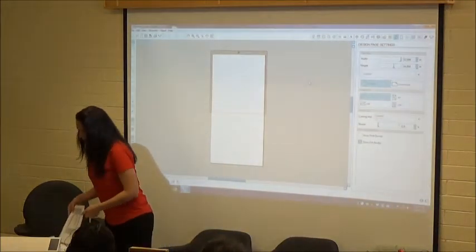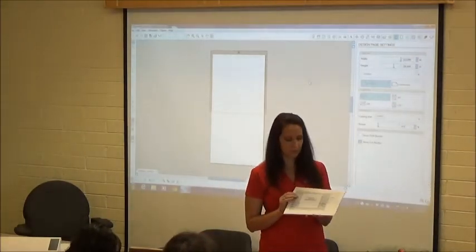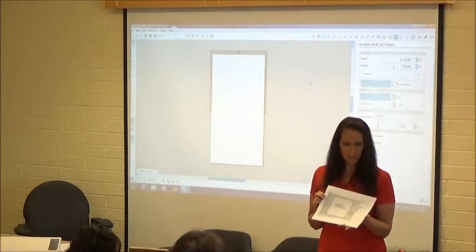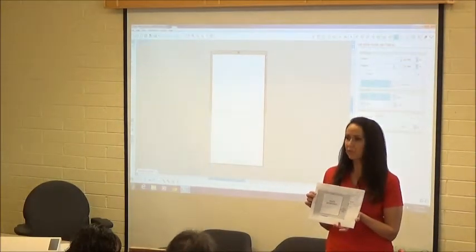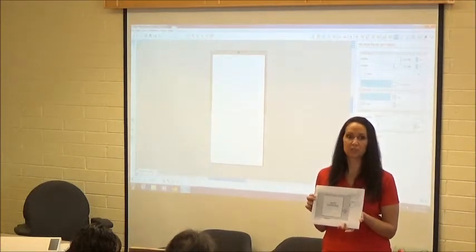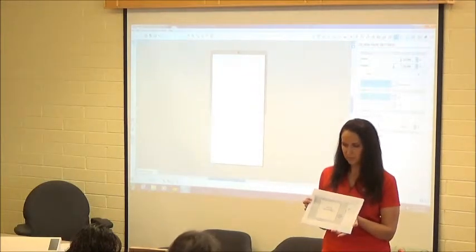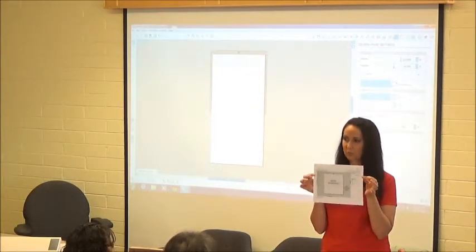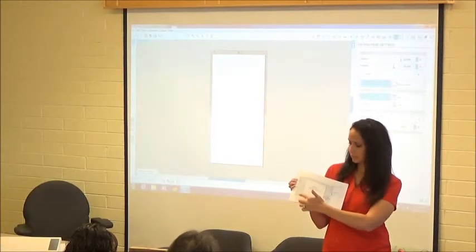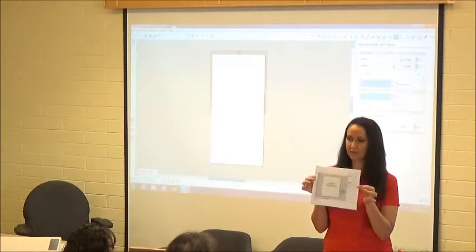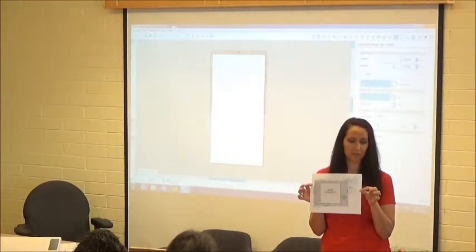So all of you should have a little packet I made for you kind of quickly. The top sheet is basically a little cheat sheet. I got online and I was researching the Silhouette things and I couldn't find anywhere that just basically told what all the tools did in one quick glance. So I took a screenshot of the main screen. This is what pulls up when you turn on your Silhouette, start it up. This is your program. So I just did a quick little guide of what every button on that does. So we'll go through those and explain them, but this is just your really quick snapshot for